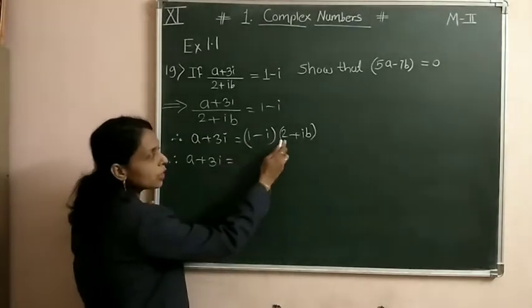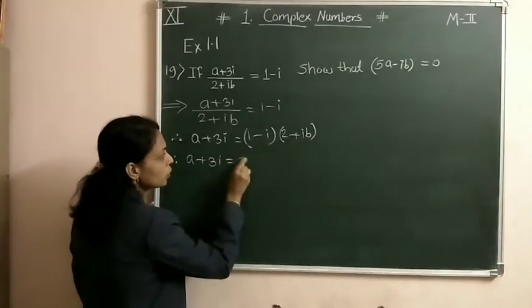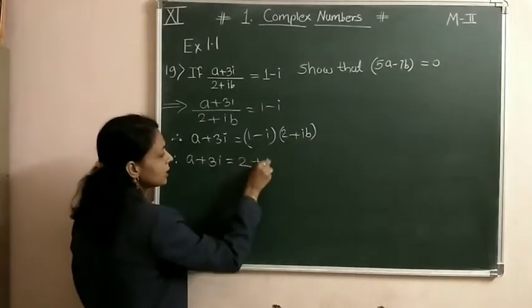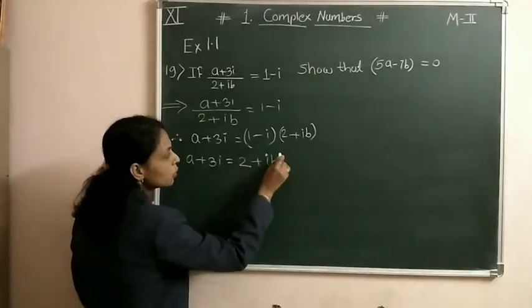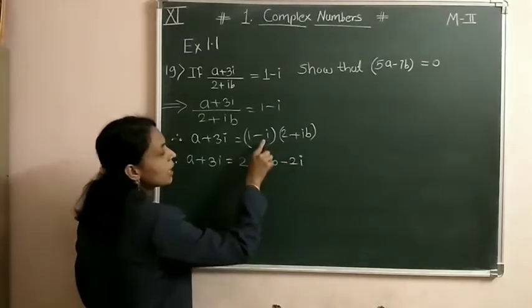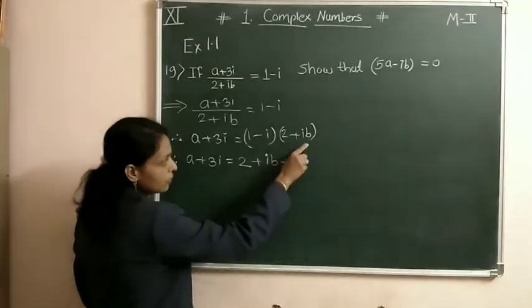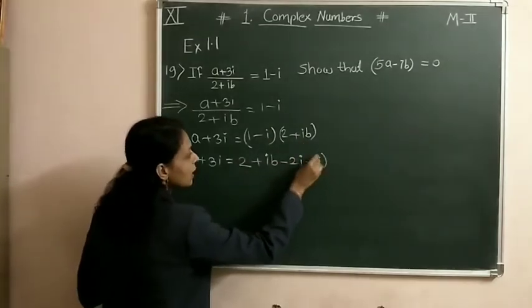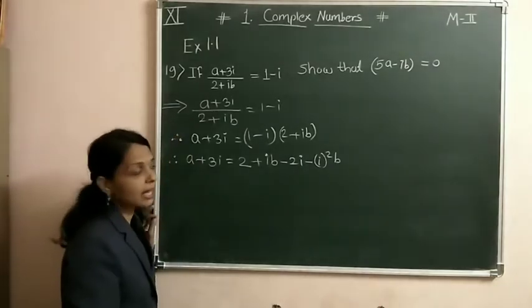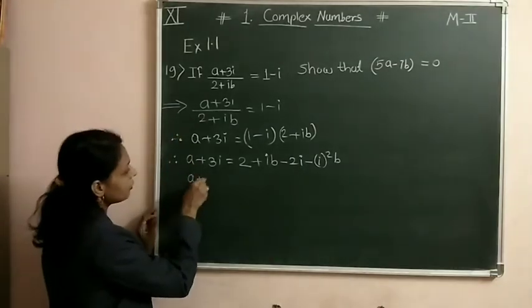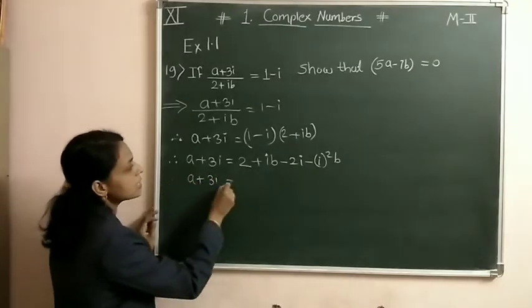Now multiply this 1 to both the terms: 1 into 2 is 2, 1 into ib is ib. Negative i into 2 is negative 2i. Negative i into ib is negative i square b. As we know, the value of i square is negative 1. Therefore, a + 3i is equal to